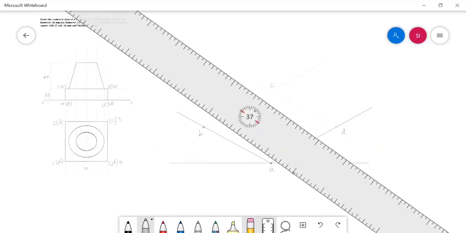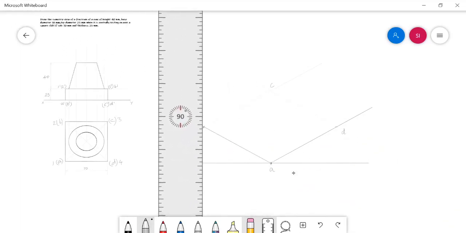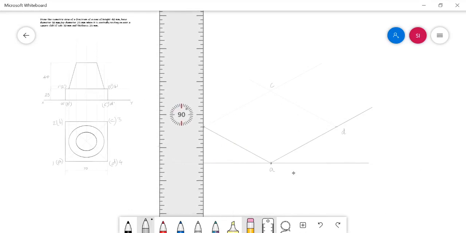And then with the 25 mm thickness I can elevate the face corners from each base corner.